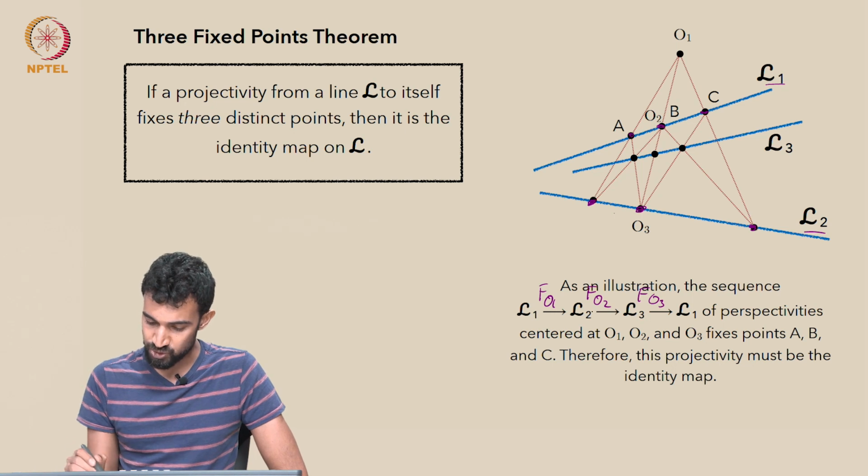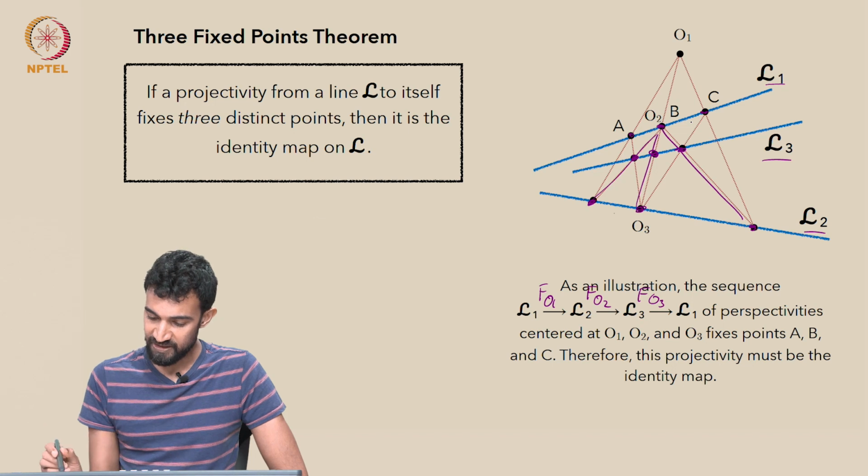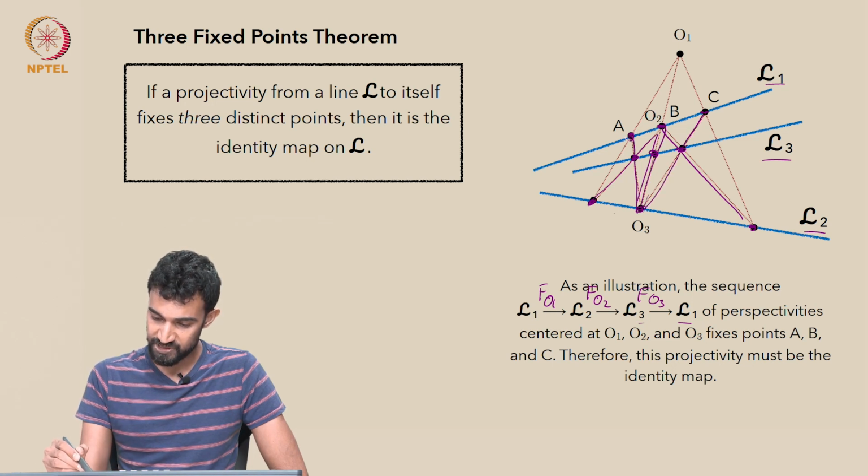Next, the map from L2 to L3, that's taking these points to these 3 points here. And finally, the map from L3 back to L1, takes these 3 points, projects them up to these original